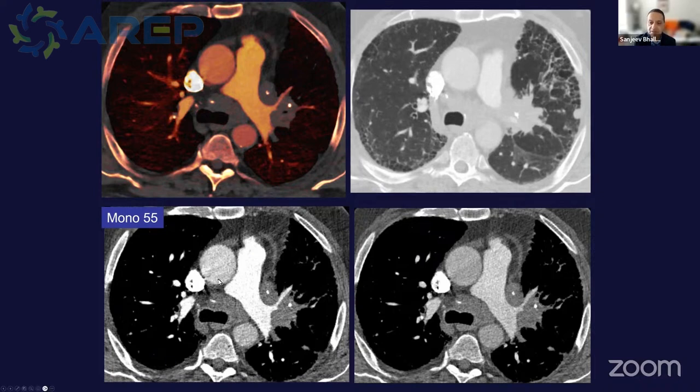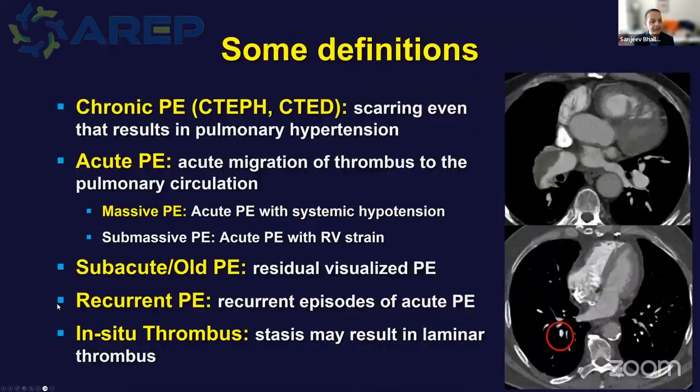And that's what this was. This was a patient who had pulmonary fibrosis and a cancer. And the question was whether there was pulmonary embolism or not. And we were able to do this with a lower dose. And because it's dual energy, you can create a monochromatic energy here at 55, close to the K edge of iodine, and you could appreciate the vessel much clearer, even with a small amount of contrast. So for us, dual energy is about changing the visualization of the contrast more than it is about